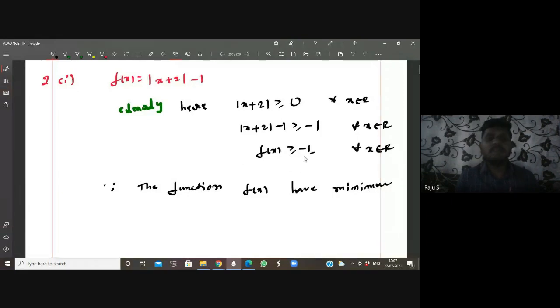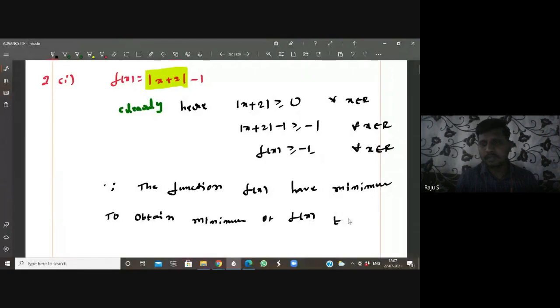At what point does the function have the minimum value minus 1? To get minus 1, we can make modulus of x plus 2 become 0. So to obtain the minimum of f of x,